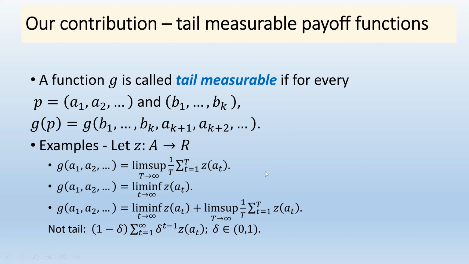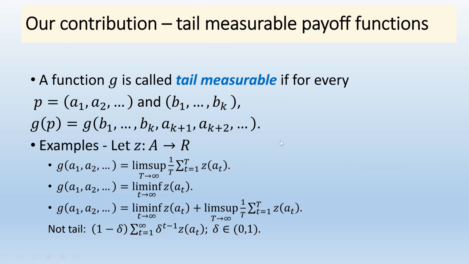There are also classical computer science evaluation criteria, Büchi, coBüchi, I'm sorry if I'm mispronouncing the names, parity, Muller, and Streett objectives that are tail measurable, though these objectives would usually be defined for graph games and expressed using state spaces. They all have natural analogues in the setup of Blackwell games.